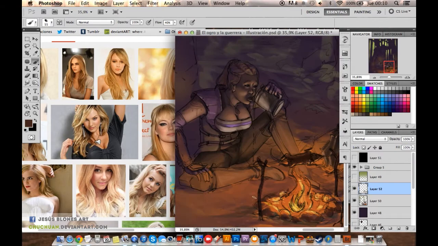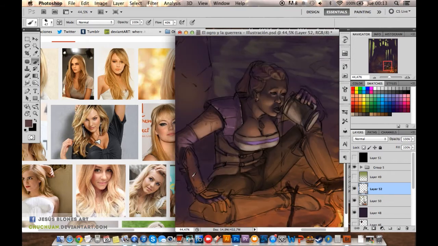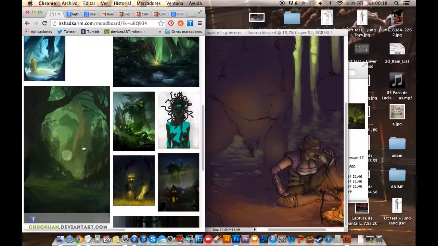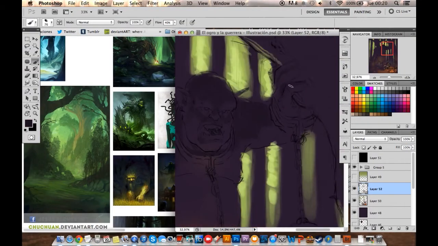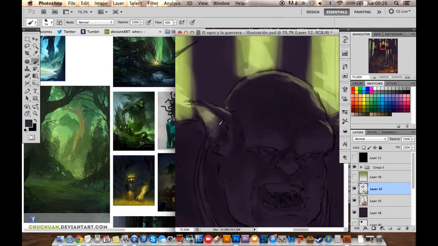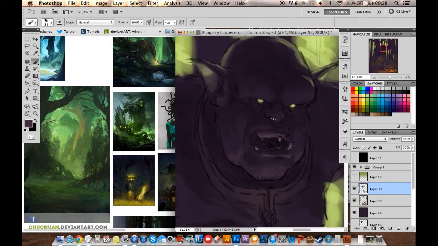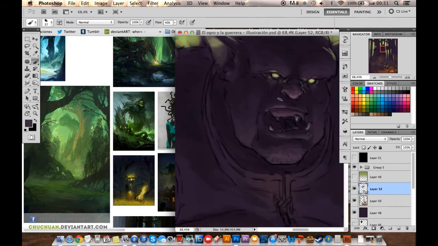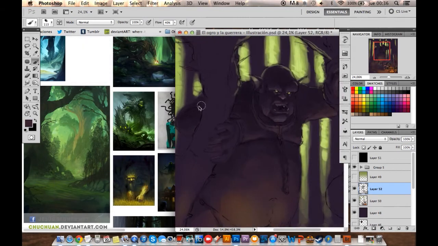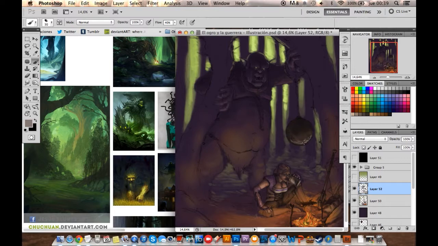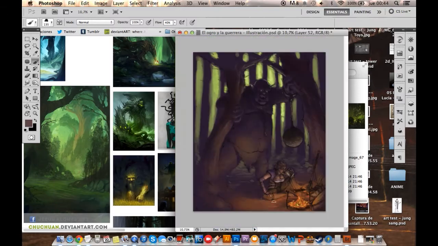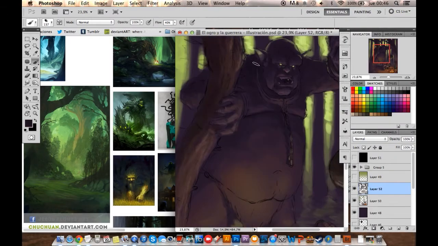But right now I'm trying to throw some colors to see how these colors work with the values that I already created, because it can be really tricky, because if you choose some wrong colors, like a really bright color for parts that are really dark, it's not gonna work too well. So try to be really self-aware of what colors you are using, and what values you chose on your thumbnails.